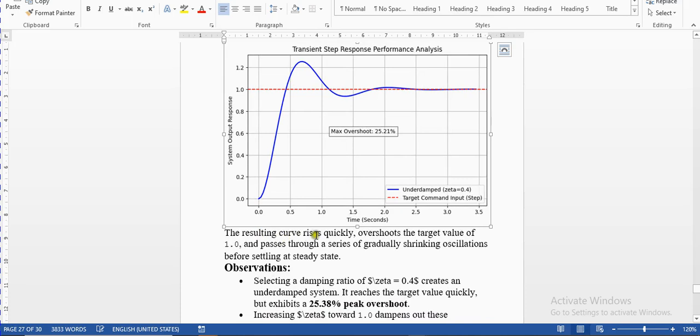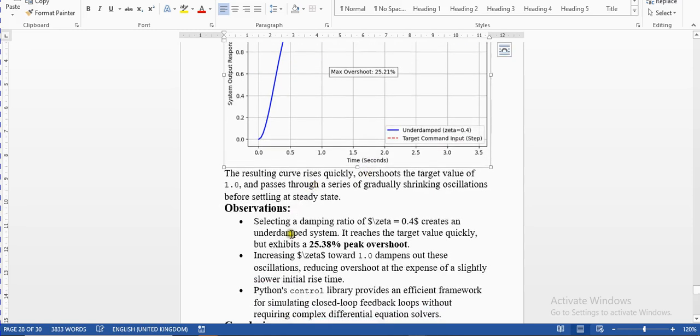So the result curve rises quickly, overshoots the target value of 1.0, and passes through a series of gradually shrinking oscillations before settling at a steady state. That's the transient step response, before it gets stable. So this is the target command input, the underdamped zeta. So this is selecting a damping ratio, zeta,